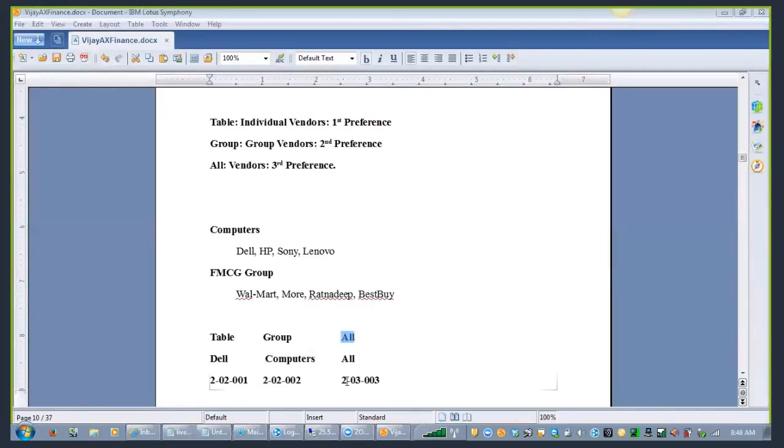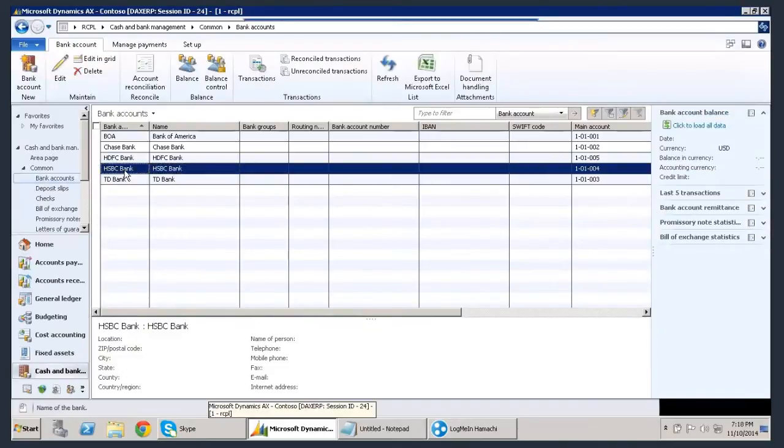Suppose HSBC Bank Toronto, HSBC Bank Montreal. You're having two different branches, and the company is having accounts in both the branches. Are you going to create separate main accounts for them, or are you going to associate only one single ledger account for the two branches of the bank? We associate it to the same ledger account, yeah.